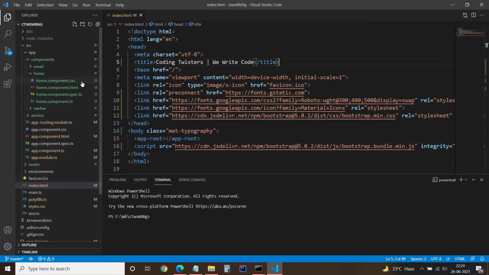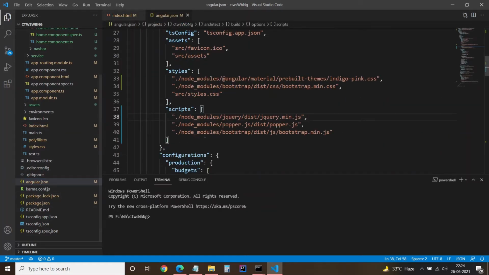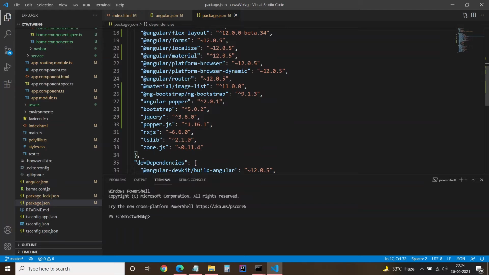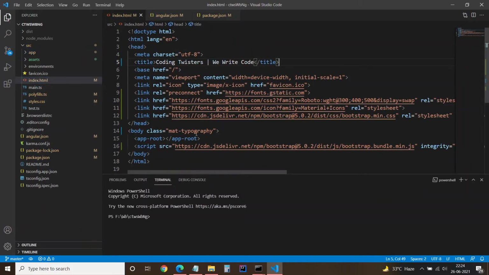You don't have to go to your components or into your Angular code. Bootstrap is installed, and there is no need of jQuery or Popper installed separately; we will add them in this file, index.html.